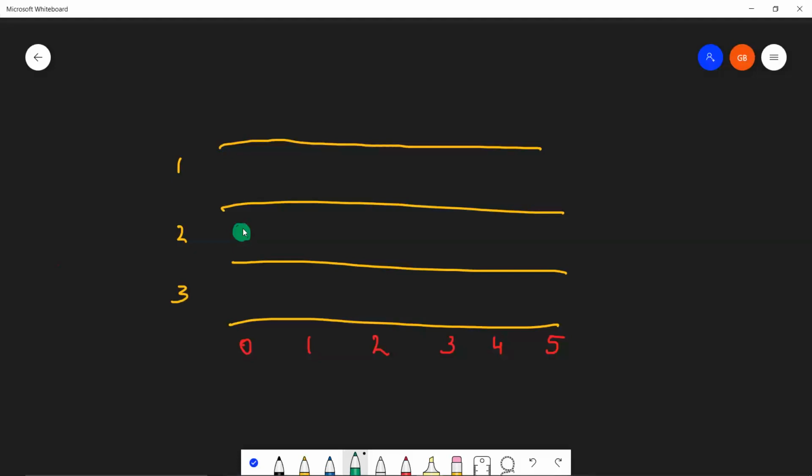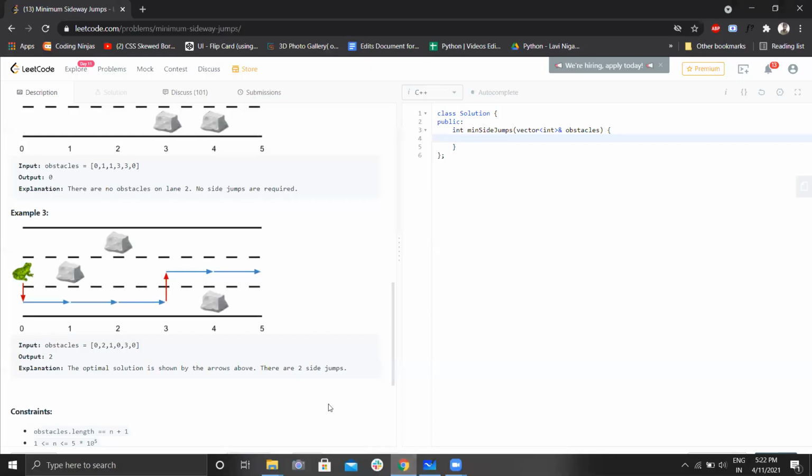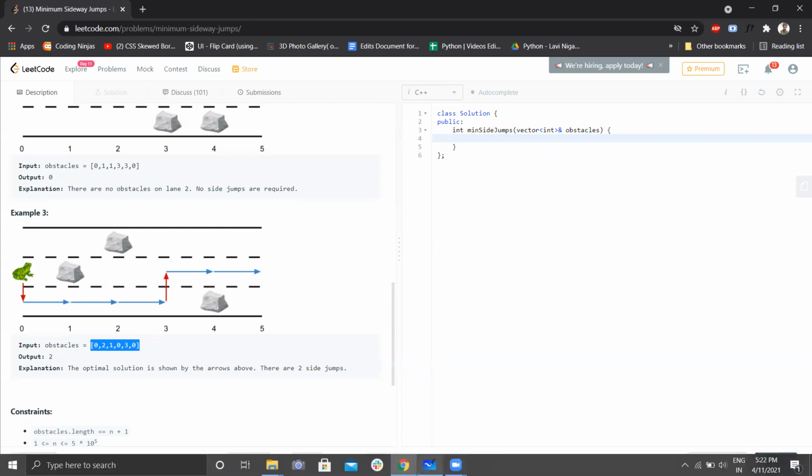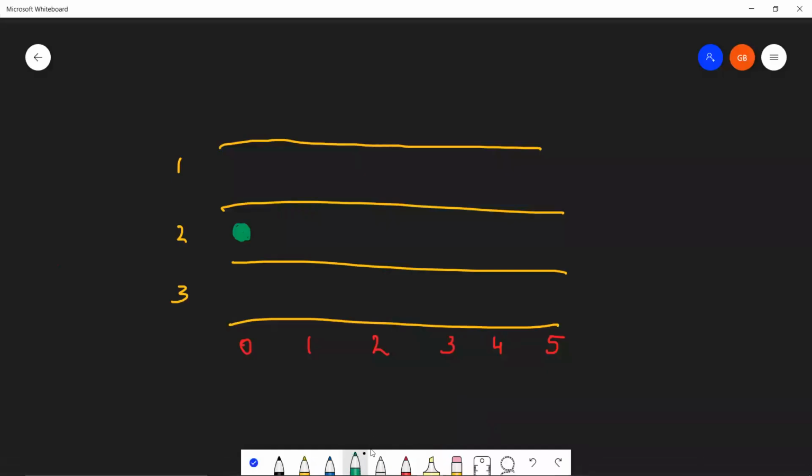So this green circular blob is my frog. Let's not judge the drawing of my frog right now. And let's understand the problem only. So now we are given an obstacle array. This obstacle array will give us the value of the track on which the obstacle is present. Now, what does that mean? So let's say for index 2 or point 2, the value of obstacle is 1. Now, this means that there is an obstacle on track 1 for point 2. Similarly, for point 4, the obstacle value is 3, which means that on point 4, the obstacle lies on track 3, right? So let me quickly draw these obstacles for you.